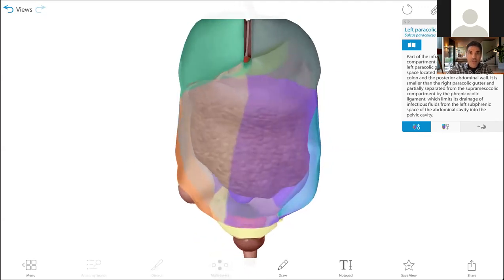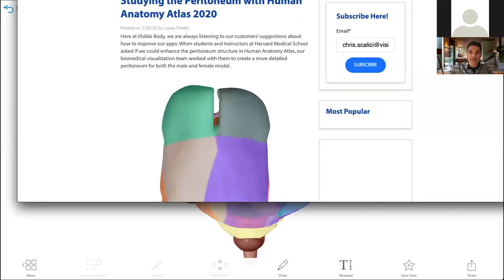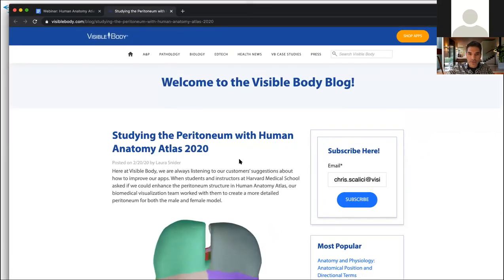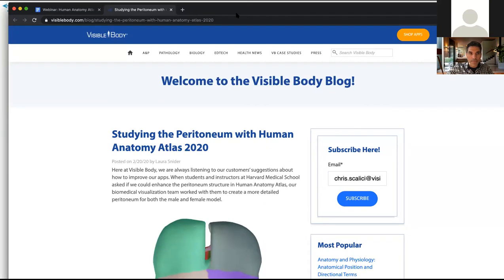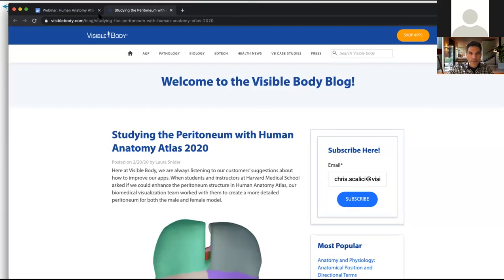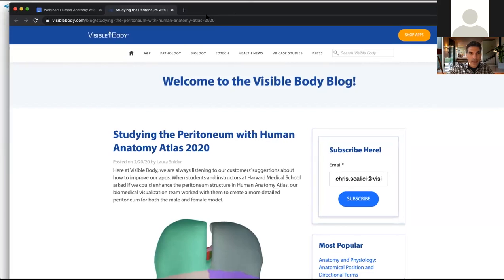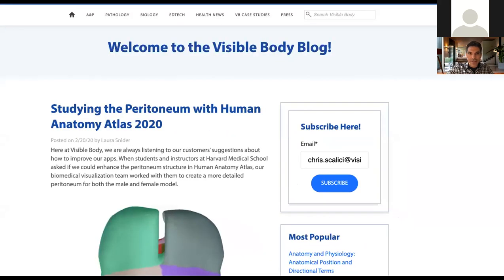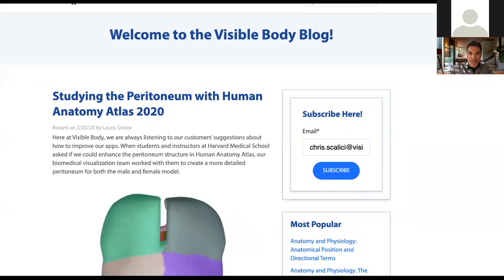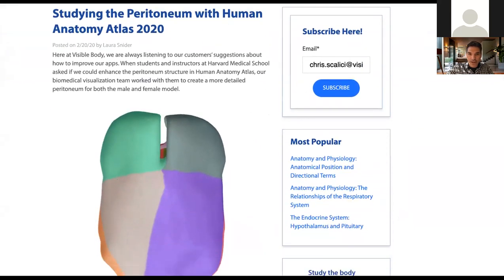For anyone, I'm going to try and launch this blog here and see what happens. But for anyone wondering what the FAST exam is, hopefully you can see my screen here. And again, I don't know why it's not letting me scroll in here. Maybe I won't be able to show it. I guess this is what happened before. Very strange. Hang on one second. I'm going to see if I can scroll. There we go. I know you're a little cut off here, but